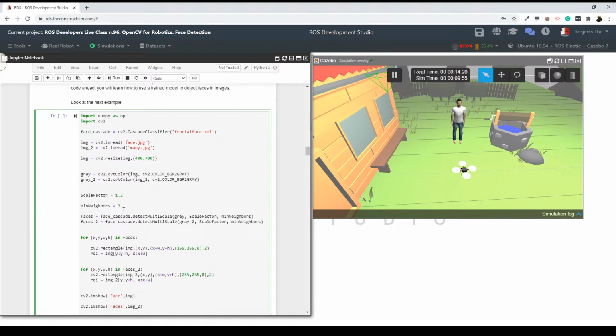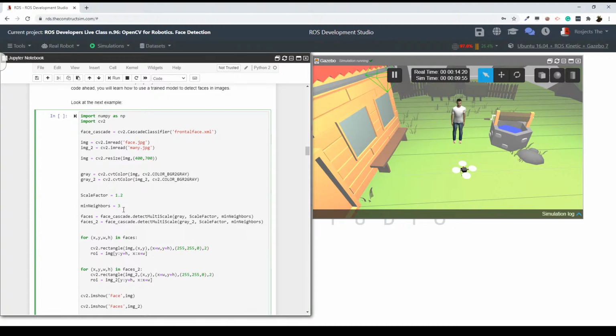Here with this force that we have here. And then finally, with these coordinates, what we are going to do here is to draw a rectangle in that area. In this case, as you can see from this image here, sorry, it's down here. So here in this image, we can see this rectangle which has been printed in the area where the face is. So we are doing this